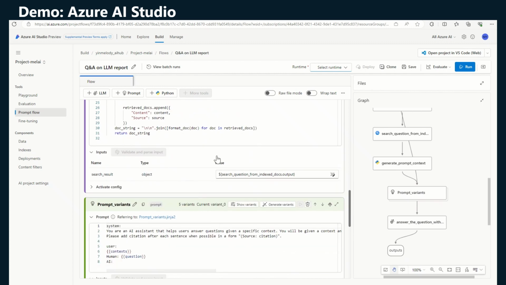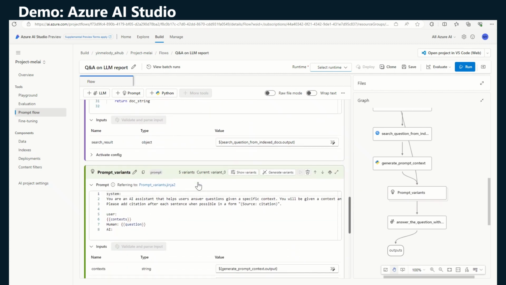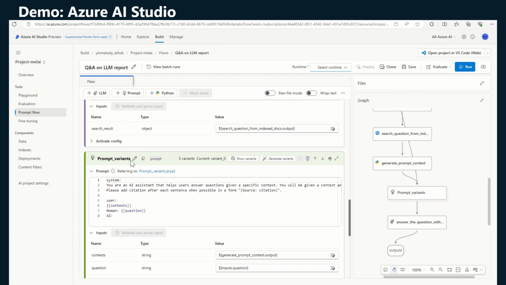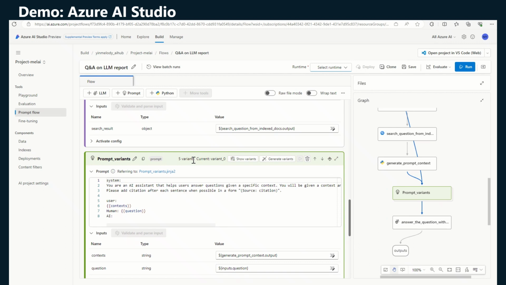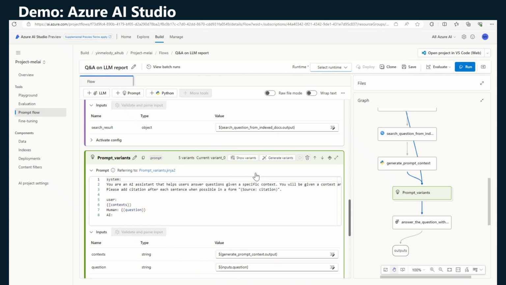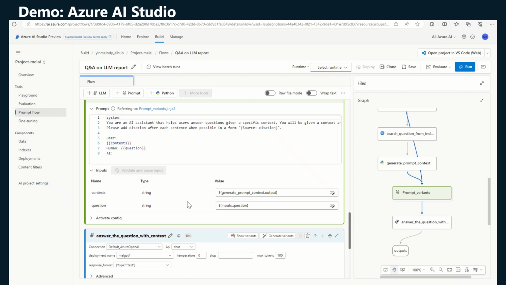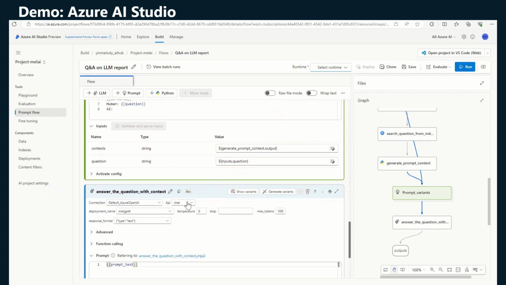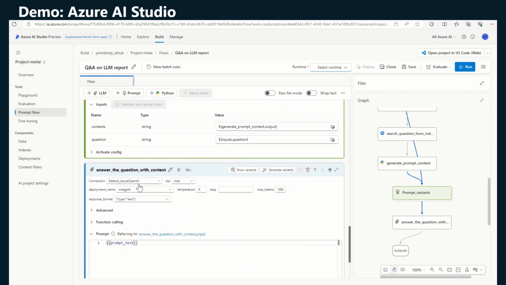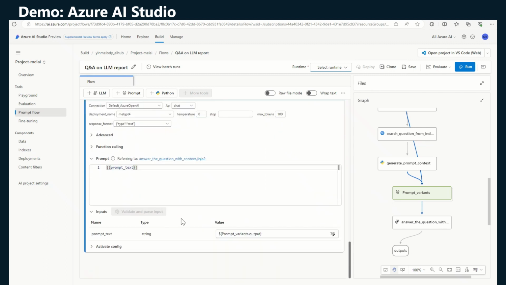You're also able to do function calling here. Here, for the prompt variants, you can have multiple variants and choose the one that is most suitable and generates the best result for your model. So you can have a whole bunch of variations and choose the best one according to the metrics that you're interested in. Here we have answered the question with context, and you can run this flow, and in the evaluation part,